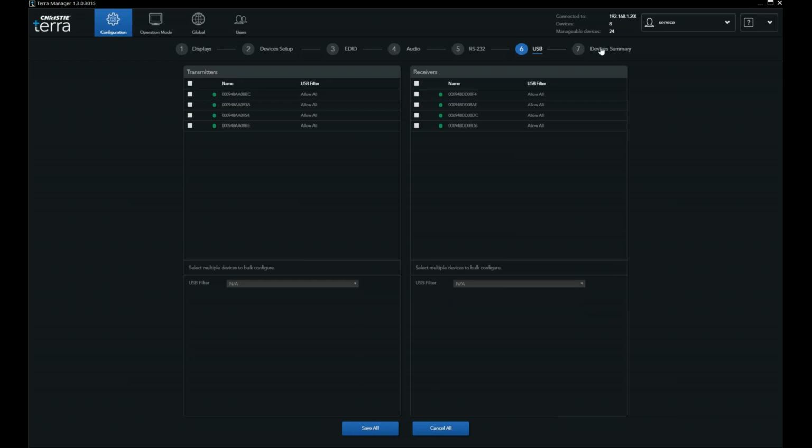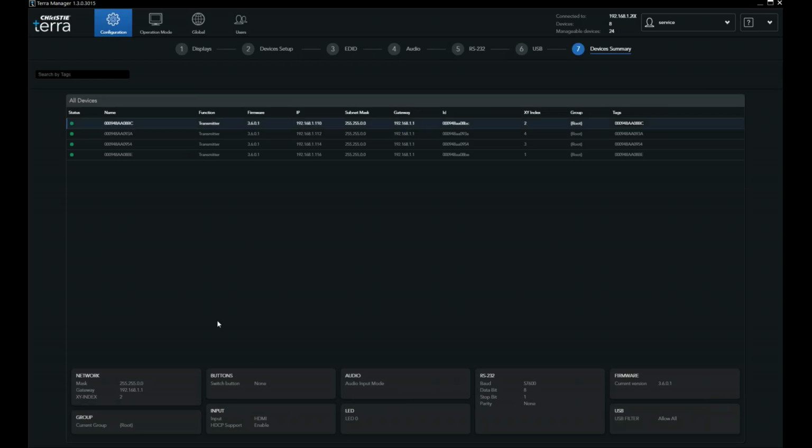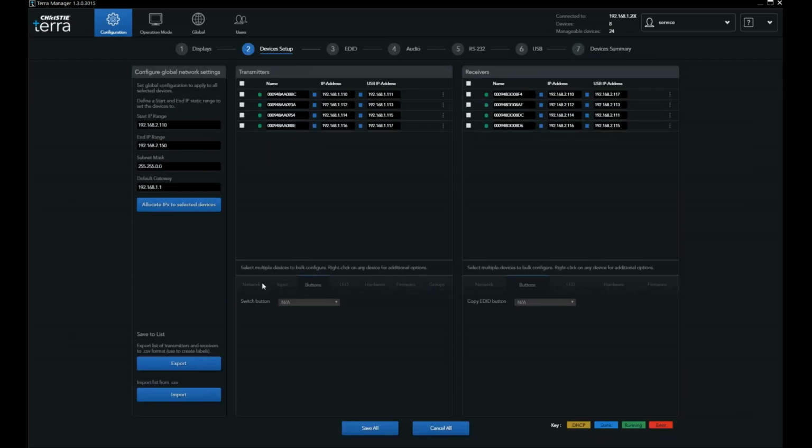So moving across on the devices summary, when you click on the devices, you actually get, actually there should be 4 of them here, 8 of them here. That's strange. Anyway, you'll see the summary of the different audios and what the button does and so on and so forth. In the devices, I'm going to go back to devices setup now and just run through